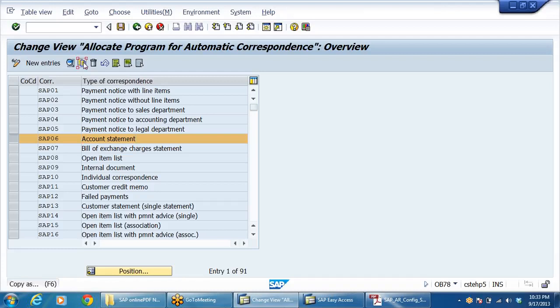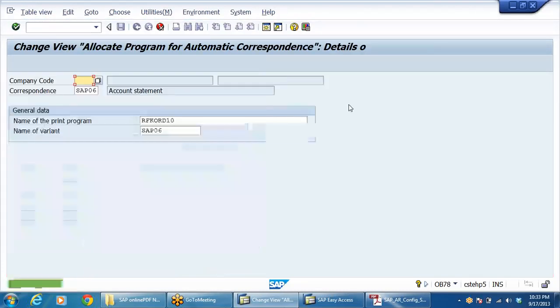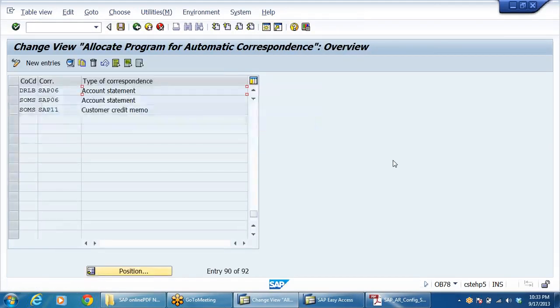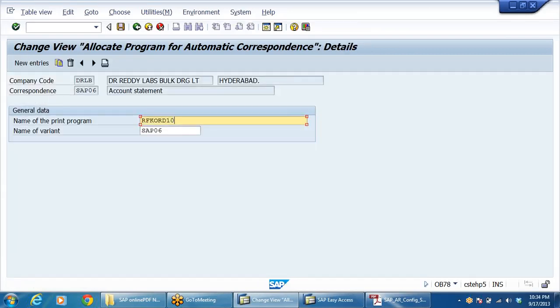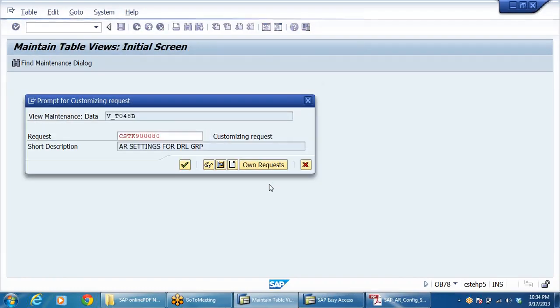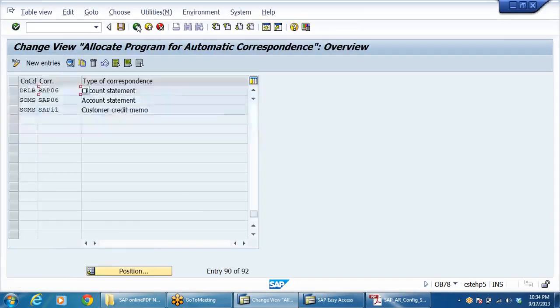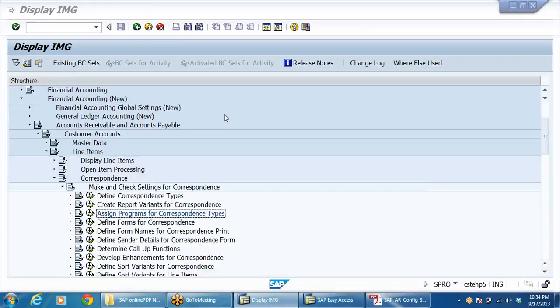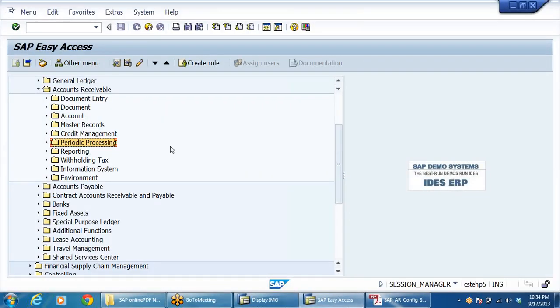I need to copy this to our company code. Right, DRLB. Press enter. So for DRLB, SAP 06. Right, save it. Just a single step. Come back. Now I can generate the party statement.